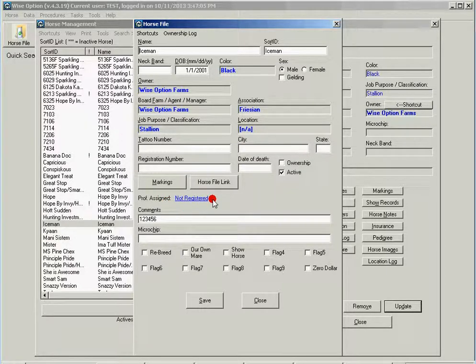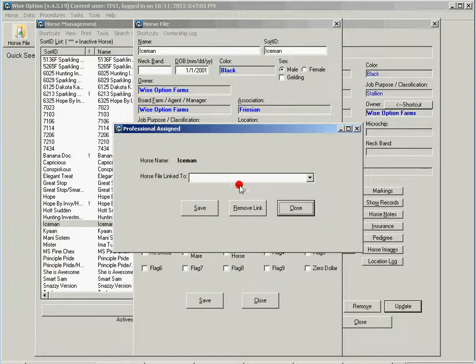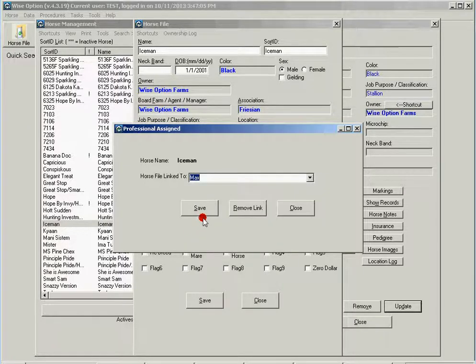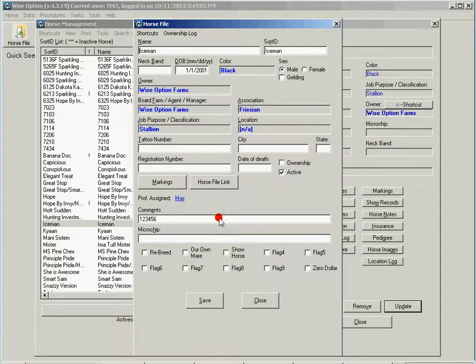It's possible now to assign professionals to a horse, which means every time I enter a new procedure or reminder to this horse, this professional should be automatically assigned in the procedure or reminder. So I'm going to click here, not registered, and I'm going to say that Max is going to be the professional assigned to this horse. I save the file,